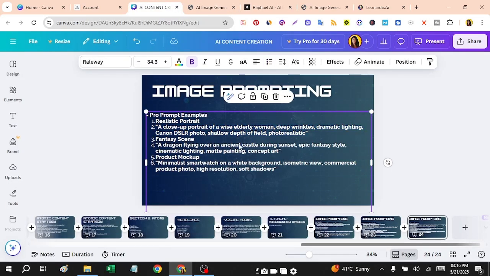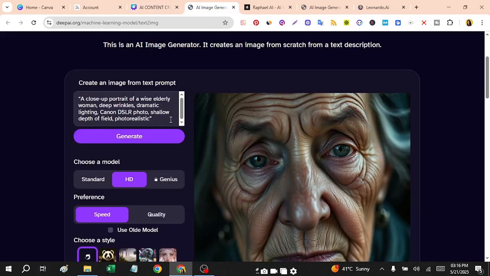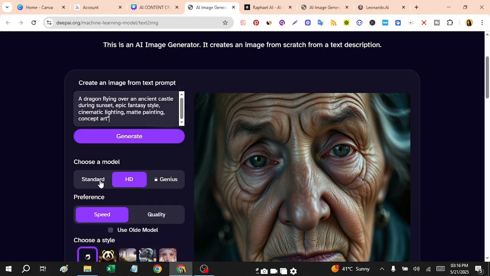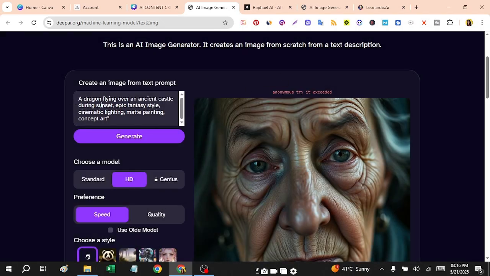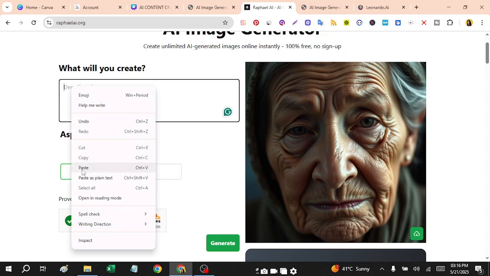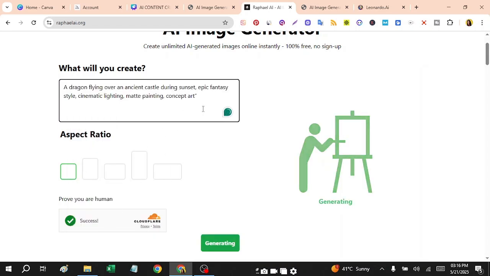We have another scene, which is the fantasy scene. If you are creating something based on fantasy and you want images, you can use this. Also, if you think, I don't know how to write this prompt and I cannot explain the image, you can use AI tools for the description of the image.